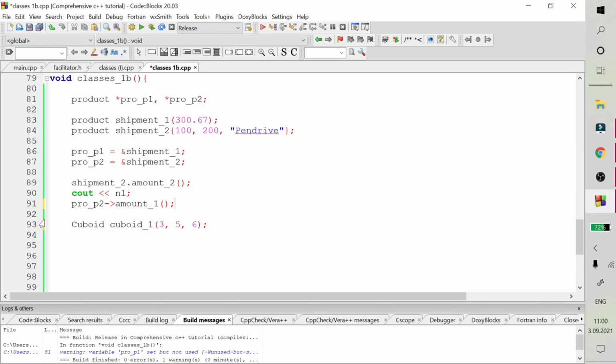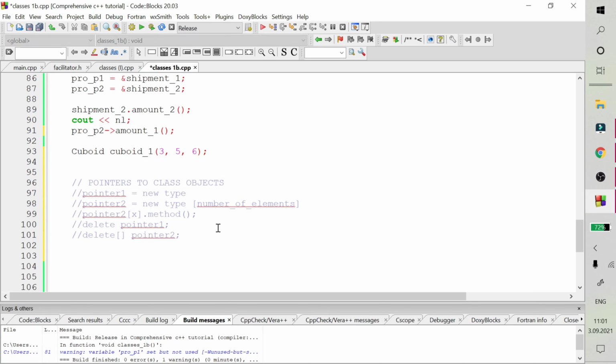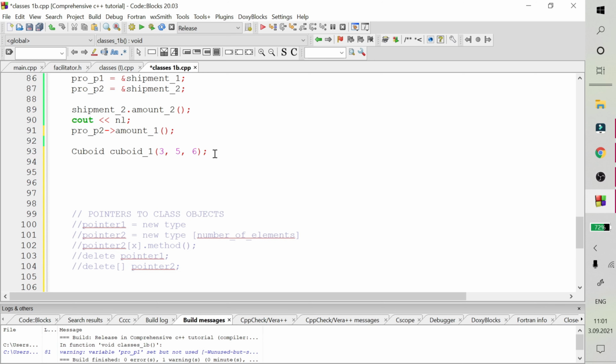So, right, we have an object over here. Let me paste it here. So now what we want to do is to use dynamic memory to work with pointers to class objects. So how do we go about this? The first thing to do is to have a pointer and then have